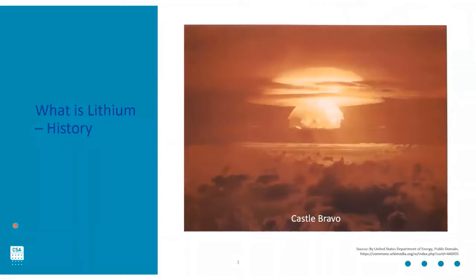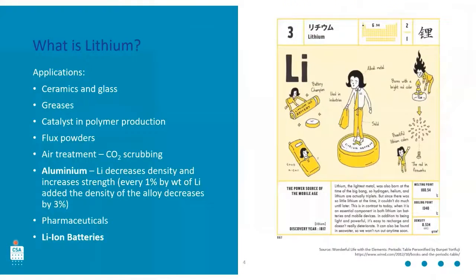And so why lithium? What is lithium? Discovered in the 1800s, and its initial uses in the 1940s were some of the first hydrogen bombs. Its applications today are largely still energy related, but on the greener side of things. Its main applications are ceramics and glass, greases, catalysts in polymer production, fluxes, air treatment, pharmaceuticals, and I suppose